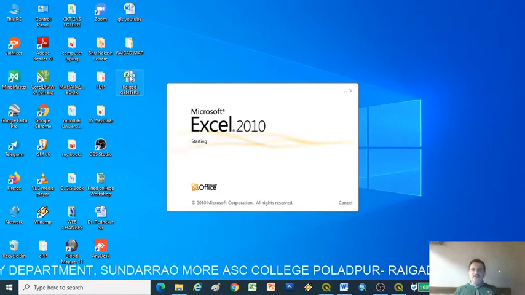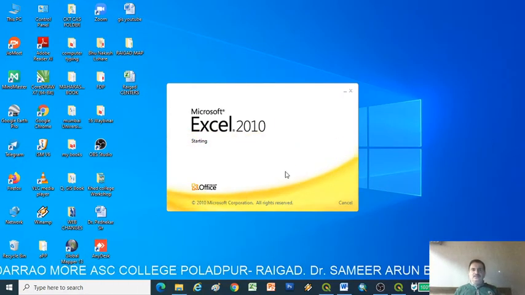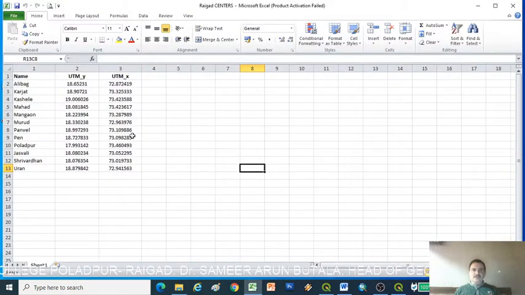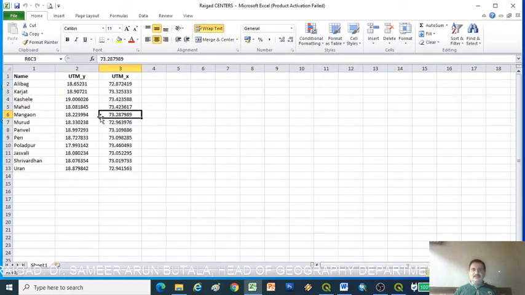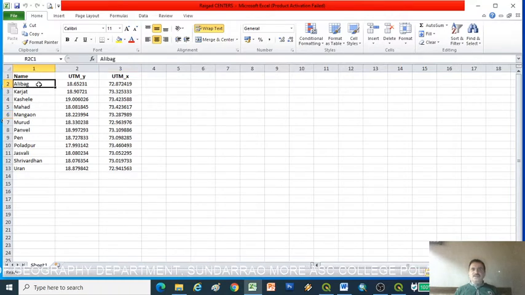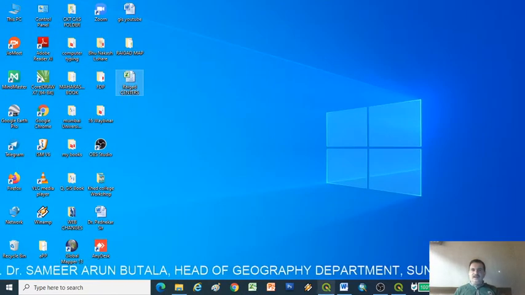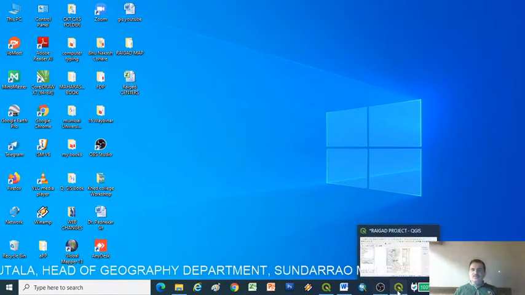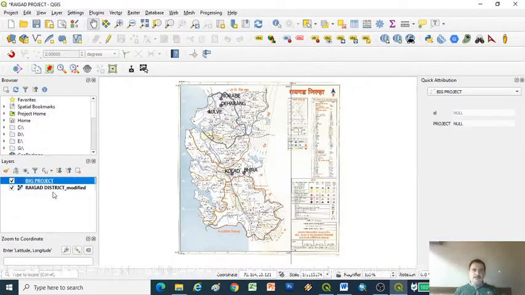So what we do is mention some points in our specific area. We use these latitudes and longitudes points and make a table here. Now just open QGIS. I uncheck the Raigad project.